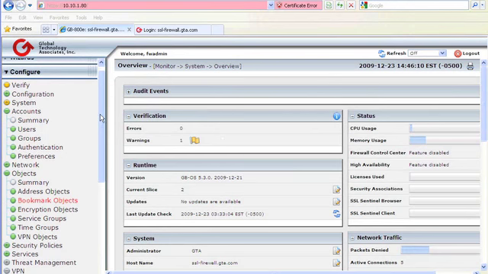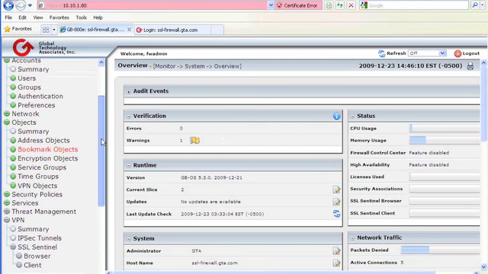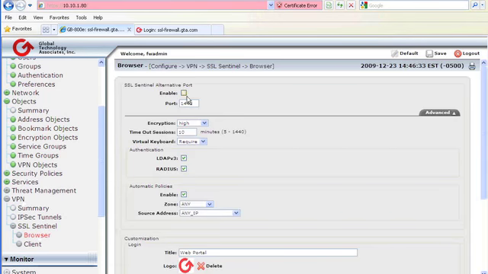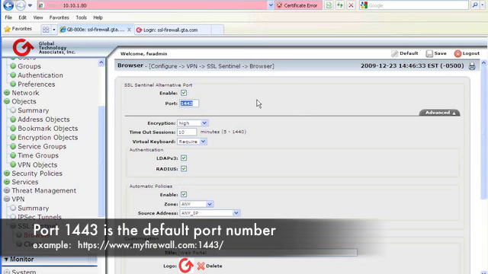This video will demonstrate how to access and configure GTA's SSL Sentinel Browser. Once logged into your firewall, go to VPN, SSL Sentinel Browser. You'll need to enable the SSL Sentinel's alternate port. You'll need to remember this port number, 1443, because that's the one you're going to access it on later if you